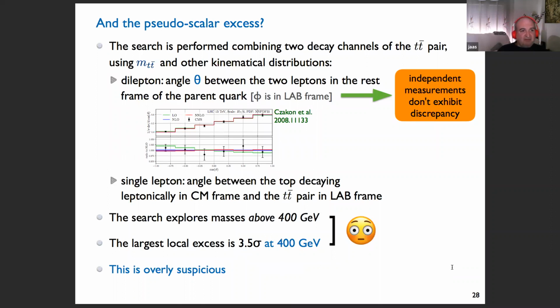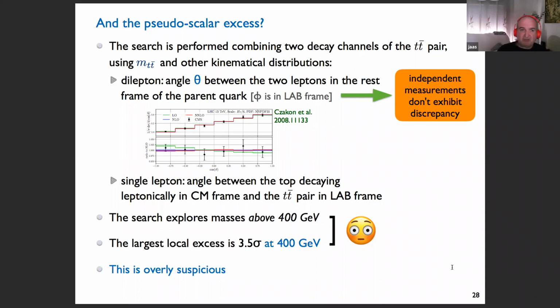Well, you have to look in detail to figure out what may be happening. In this CMS set, they combine two channels: the dilepton one, which is this very clean channel that I have been talking about, and which has many apparent discrepancies, and the semileptonic decay channel. In both channels, they use the TT bar invariant mass,